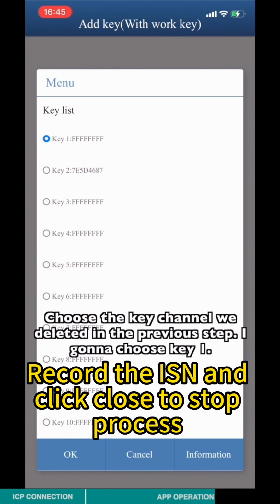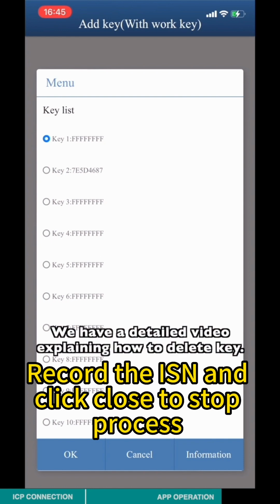Choose the key channel we deleted in the previous step. I'm gonna choose key 1. We have a detailed video